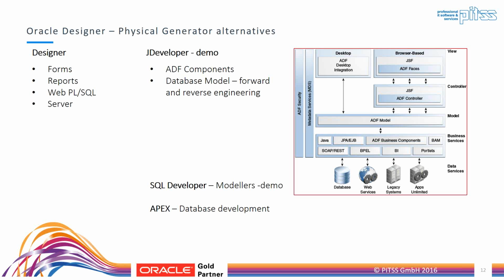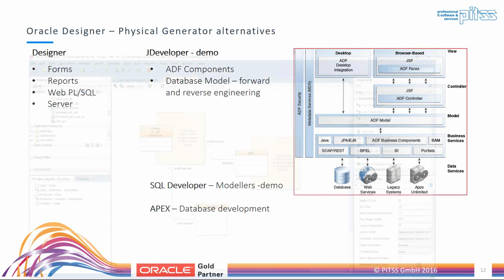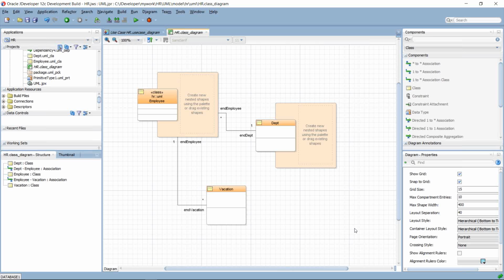So let me very quickly introduce you to some of the facilities that we have within the other Oracle tools. So this is Oracle's JDeveloper 12c. And if you've not used it, the J in JDeveloper obviously stands for Java, and yes, it is very much for Java development, but you can do database development. You certainly can do modeling of enterprise systems, use case diagrams. Here we've got a class diagram, we've got an employee, department, vacation,